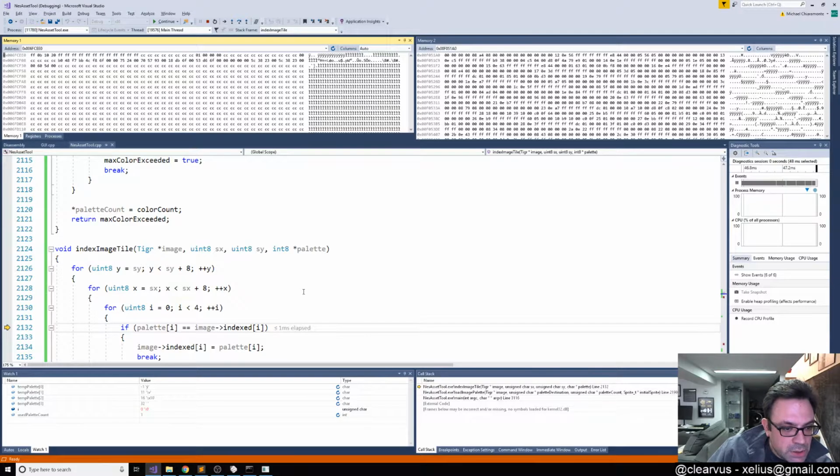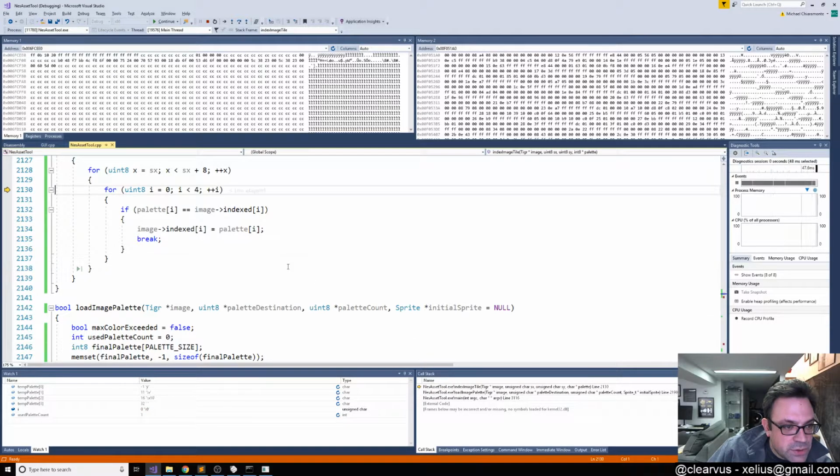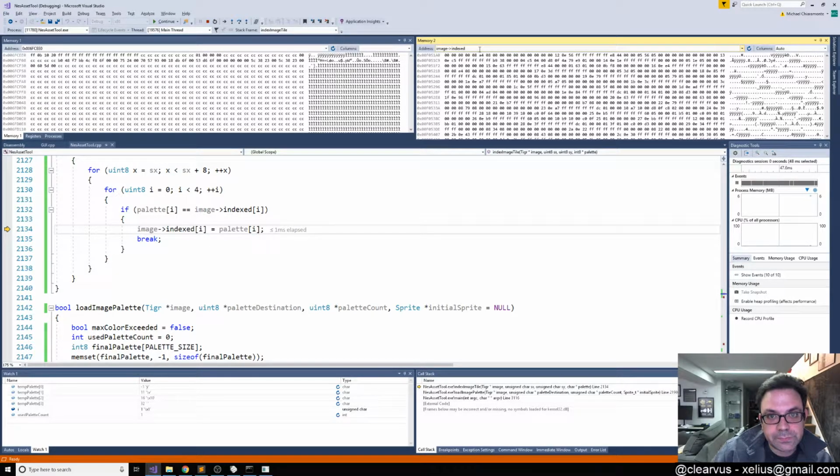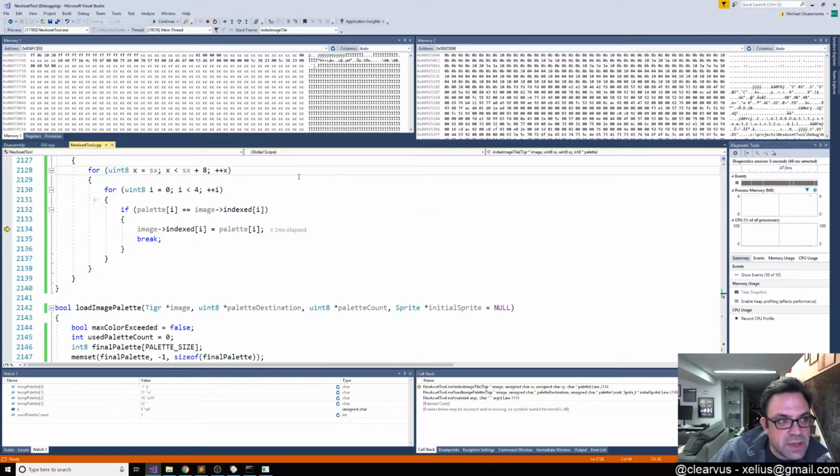So if we get a match, then we will change the image index value to the palette value. So let's take a look at this for a second. So image, yep, that's what we actually want to look at. We have 0b as the value, and that's index 1 here. So now we're going to change that value to be,